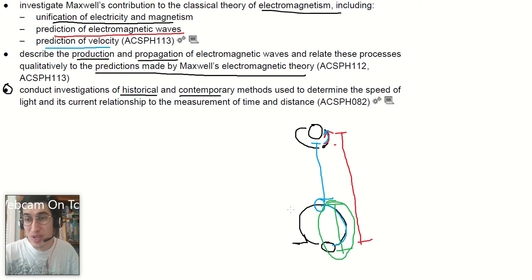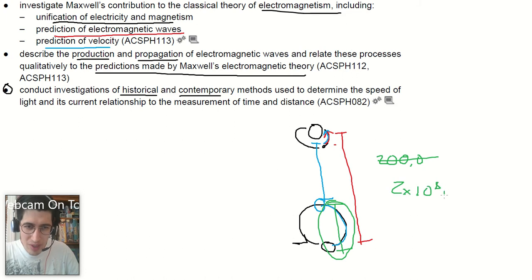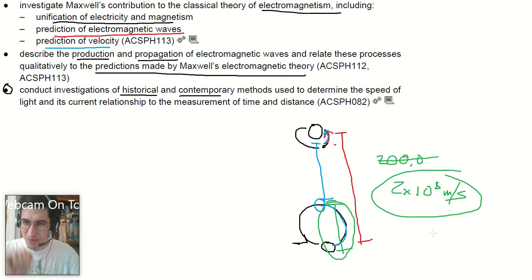Okay, and from that we got a value of the speed of light of about 2 times 10 to the 8 meters per second, which I'd say is actually a pretty good value for the actual speed of light, being much closer to 3, it's 2.998, about 3 times 10 to the 8 meters per second. I think getting 2 from this method is pretty good. Okay, after that,